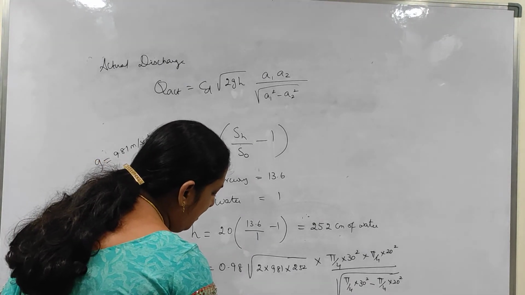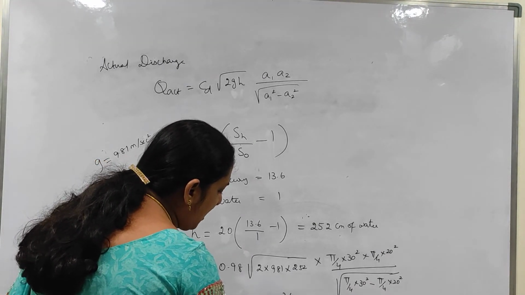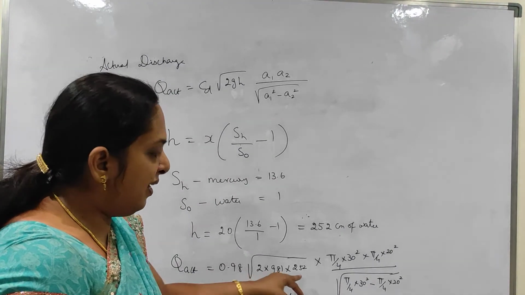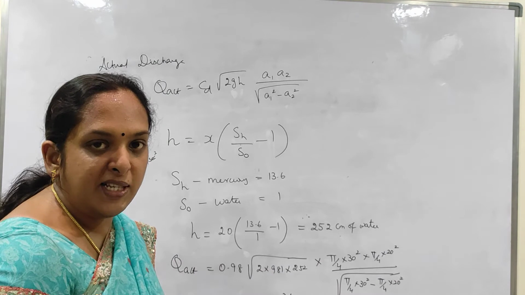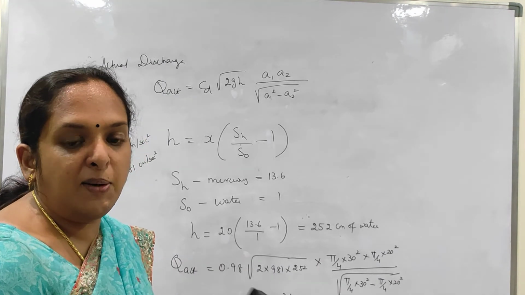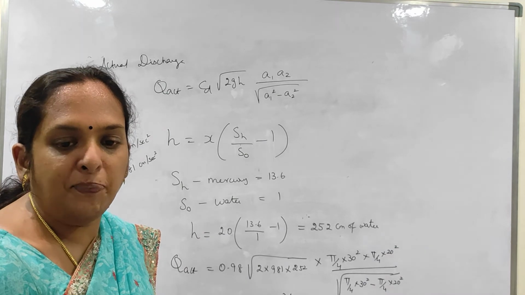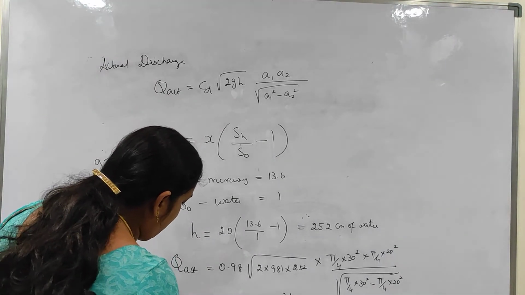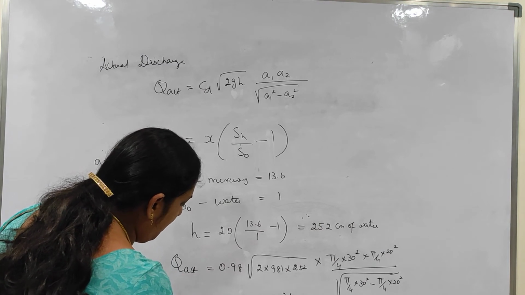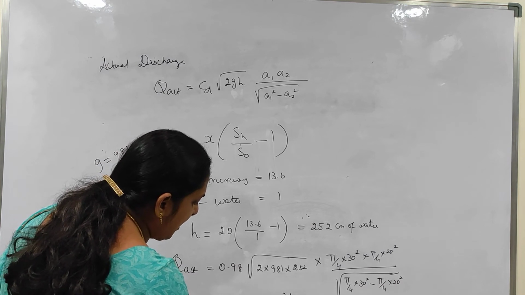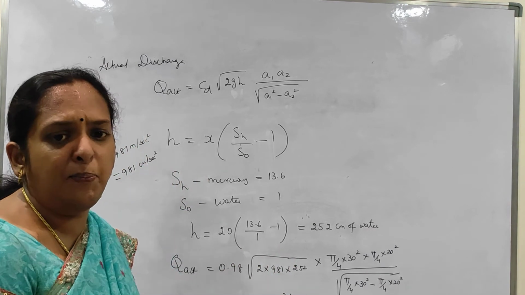So what is the answer we get in this problem? This will be 125,756 centimeter cube per second. Why are we giving it in centimeter? Be careful in that. We have substituted everything in terms of centimeters, so the answer is also centimeter cube per second. Now we have to convert centimeter cube per second into liters. So Q actual will be equal to 125,756 divided by 1000, which is 125.756 liter per second. That's also a very simple problem.